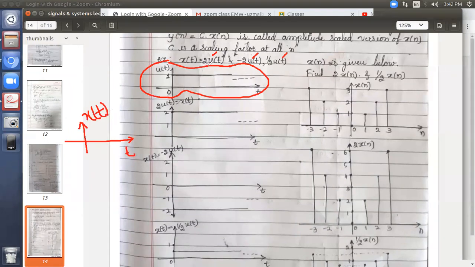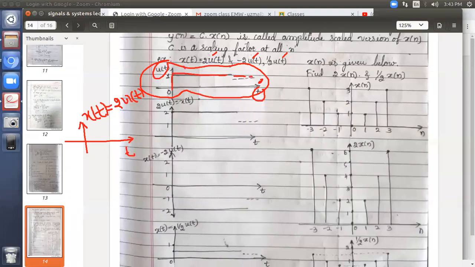But here, as we have three different signals, x of t is equal to, I will take the first one, it is 2 into u of t. First signal I have to draw. U of t is your initial signal. You first draw u of t, you know it. And this is how u of t looks like. It extends up to infinity. And on the left hand side, we don't have any signal.